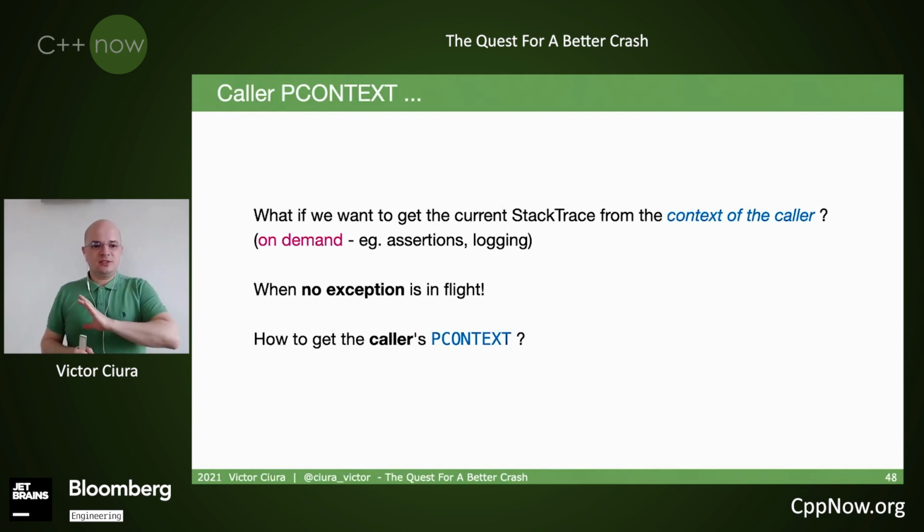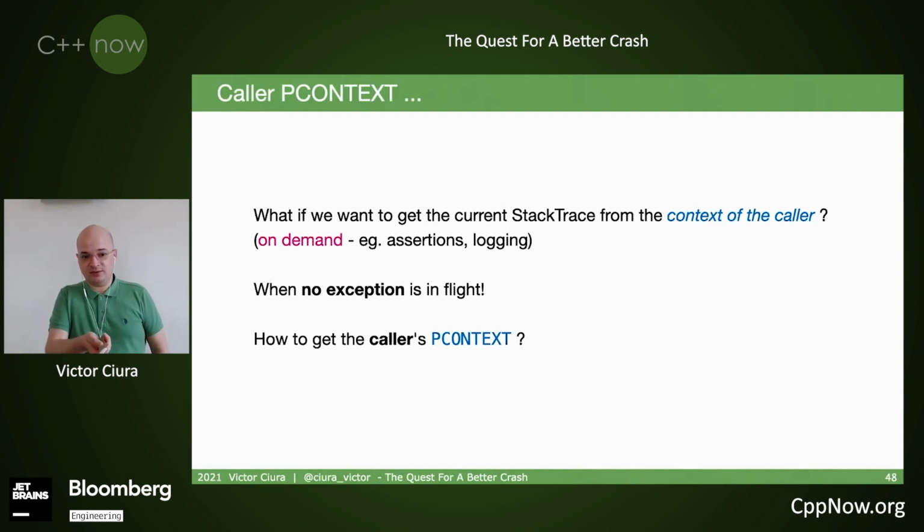So when there's no exception in flight, we're not talking about any exception. We might still want to leverage this machinery to get a full stack trace to see a path that the application took and we reached a particular sensitive point. For example, it might be a sensitive function that you need to take care of or explore, and you want to see every way possible in which it was called in a particular workload. So no exception in flight, but you want to see this context.